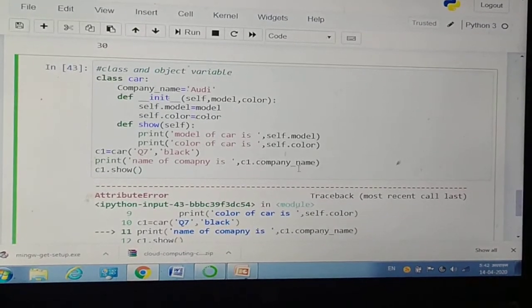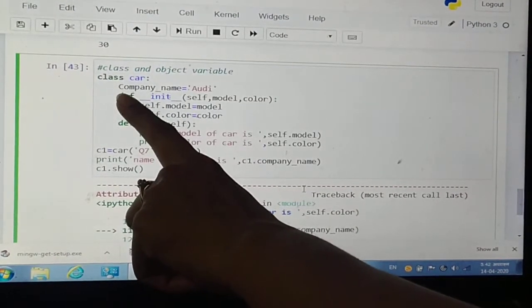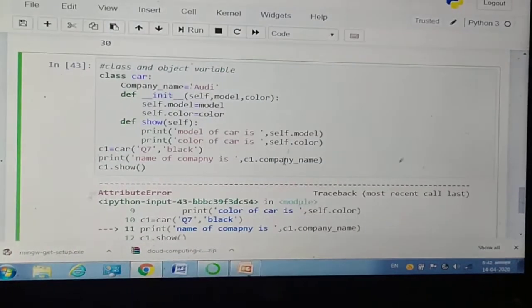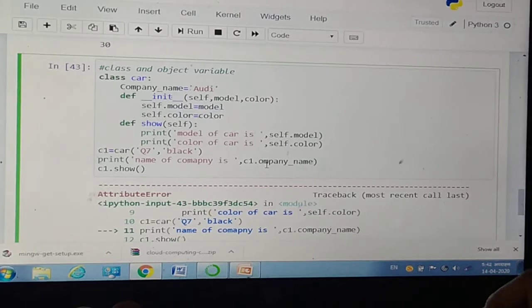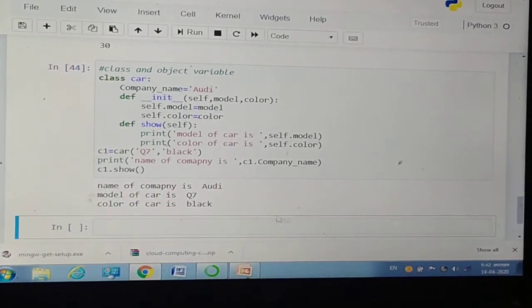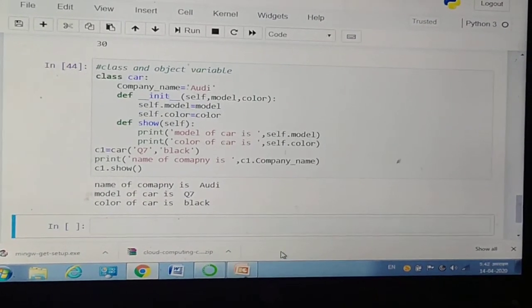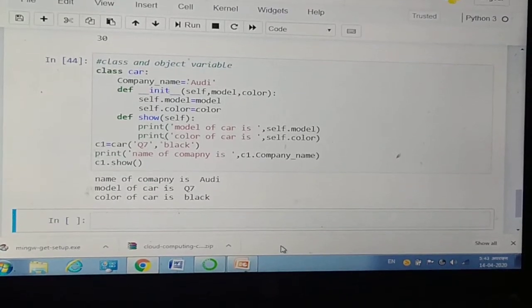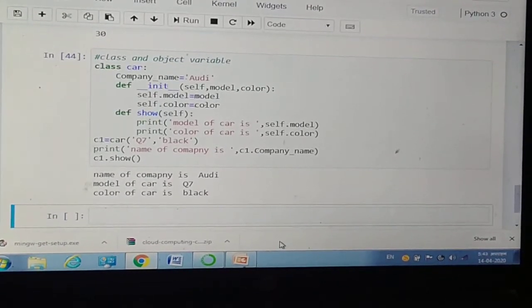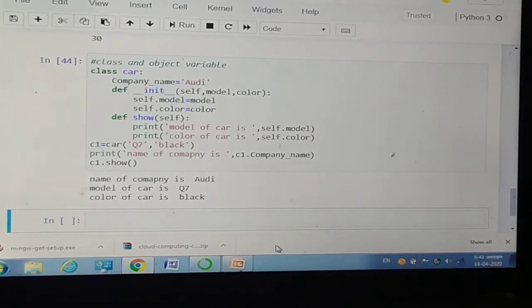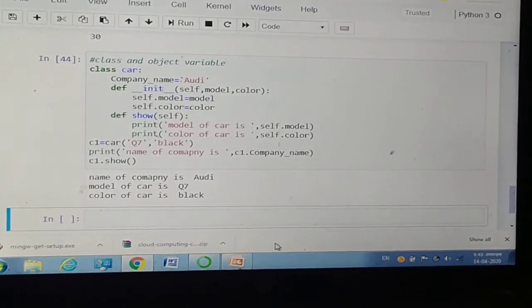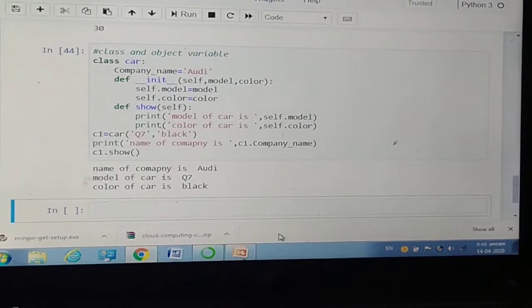Because the company name has C in capital letters, when I write c in small letters it is going to give you an error. So you have to write C in capital letters. Python treats capital and small letters differently, because Python is a case-sensitive language.